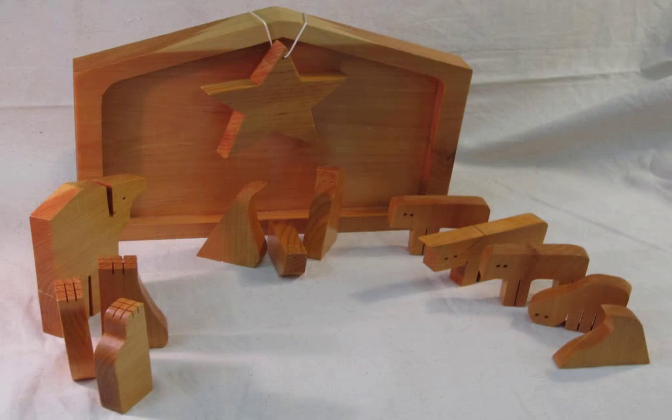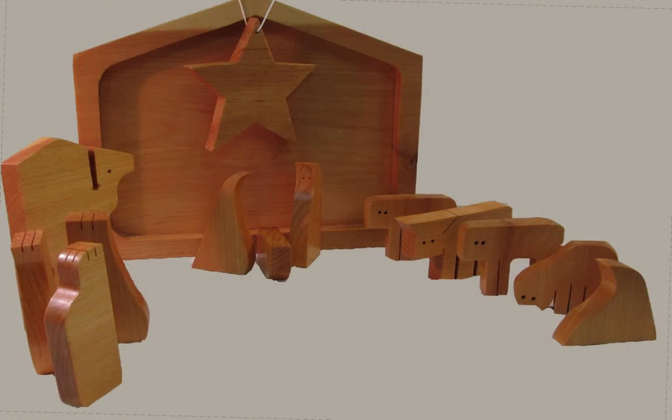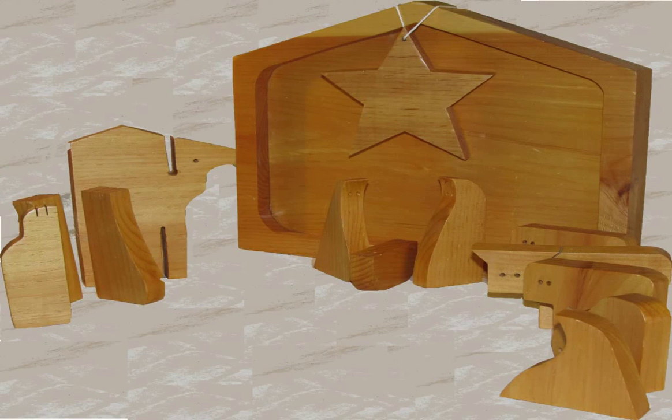But one of the things I love about this Christmas scene is that you can't keep your hands off it. Because it's wood and it's like a toy and it's like a puzzle, part of the Christmas tradition in my family with my two children, and I don't think they even know this, is that no one can walk by this, wherever it is set up, without wanting to pick up one of the pieces and maybe just turn it a little bit, or maybe just decide, you know, I actually think that might be a sheep, not a wise man. And so any two days in our house when this is out, it's not the same,